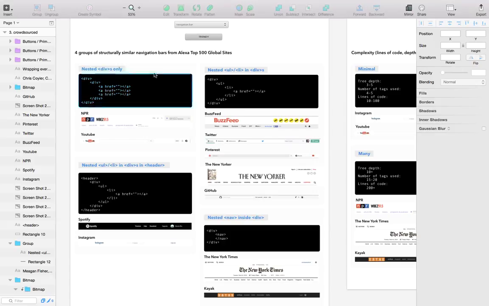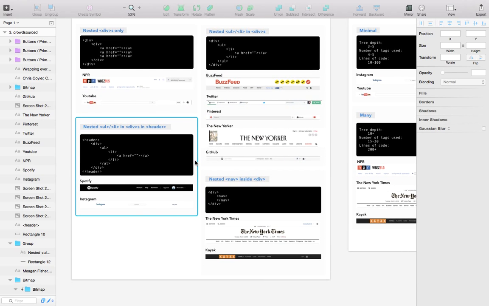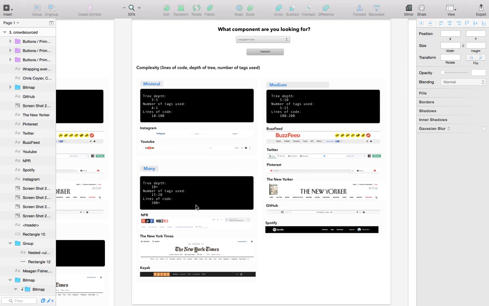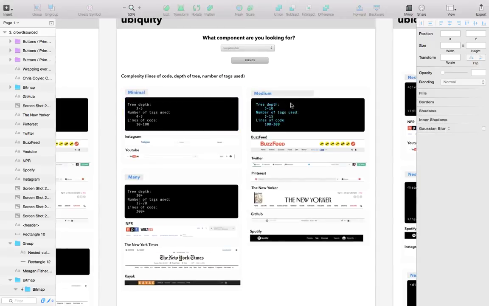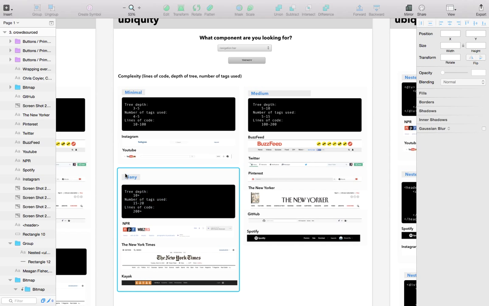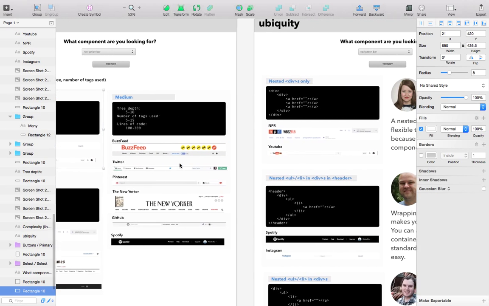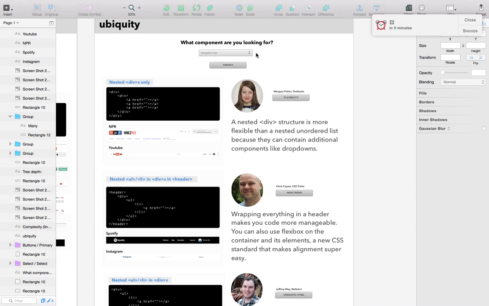structure, like grouping navigation bars, for example, by what their nested HTML structure is in terms of similarities, or also by combining a couple of other metrics that I sort of came up with, whether that's just lines of code, the depth of the tree that is that element, the number of tags that are used, for example, and sort of be able to group them by level of complexity, whether it's minimal, medium, or very difficult. And then also just starting to think more about